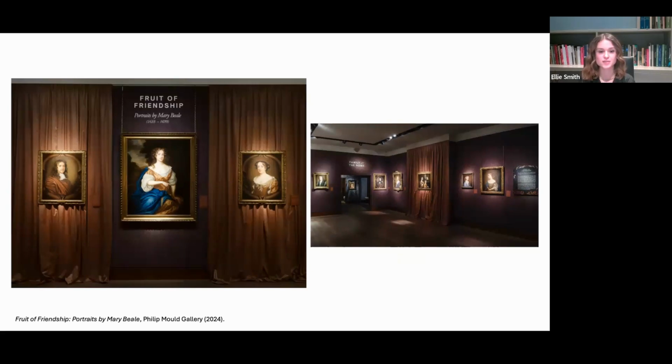And peppered throughout these, you'll also see a couple of portraits which are done, as Lucy touched upon, for kindness and in exchange with friends. So you'll see a couple of Beale's outer circle of friends peppered throughout this room, but predominantly quite formal portraiture. And if we flip to the next slide,